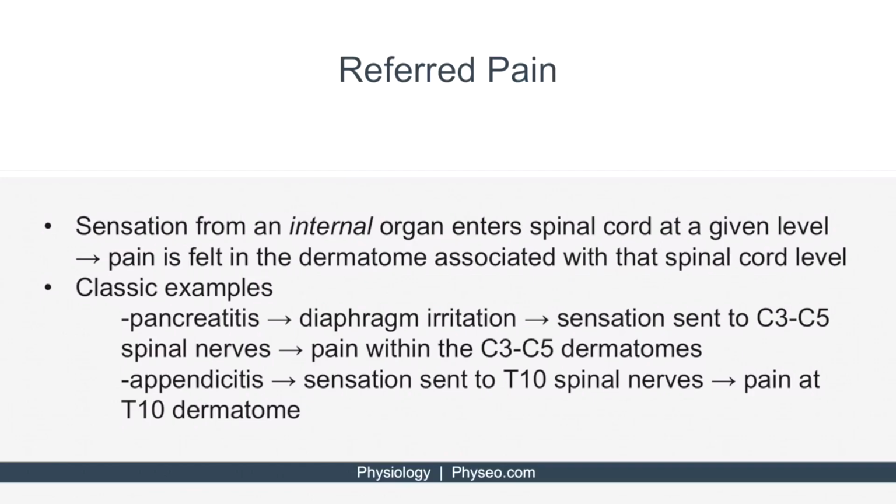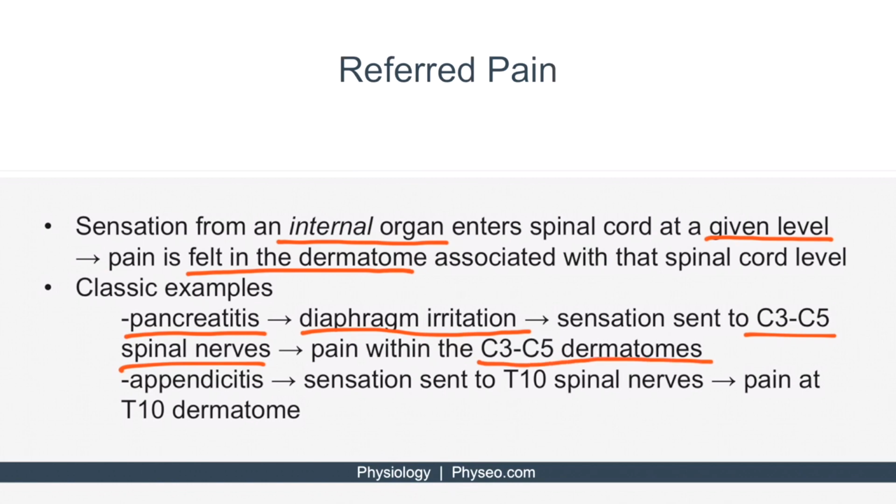So now let's talk about referred pain. Referred pain is sensation from an internal organ that enters the spinal cord at a given spinal cord level. Then the pain is actually felt in the dermatome associated with that spinal cord level. Some classic examples are pancreatitis. So the pancreas causes diaphragm irritation, and the diaphragm is innervated by C3, 4, and 5, and so the sensation is sent to those spinal nerves, but the central nervous system identifies pain at that spinal cord level, but in